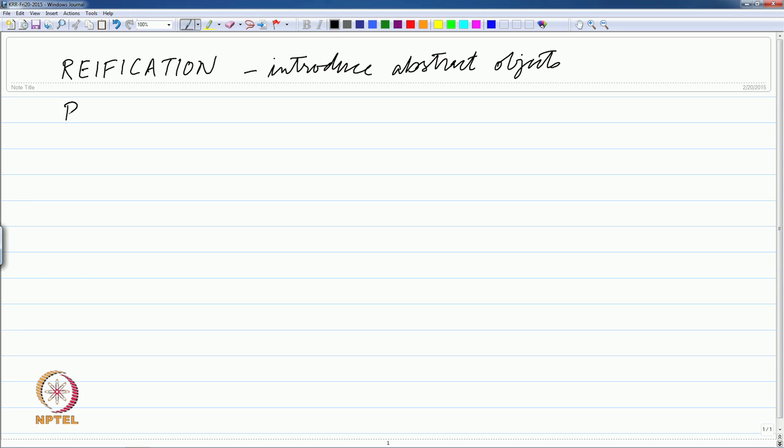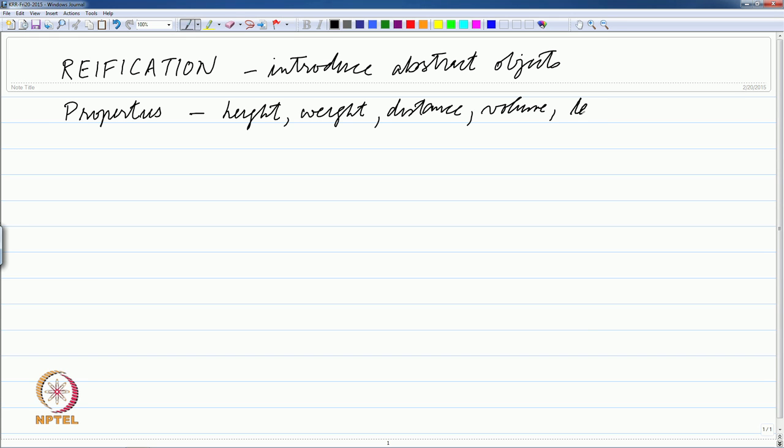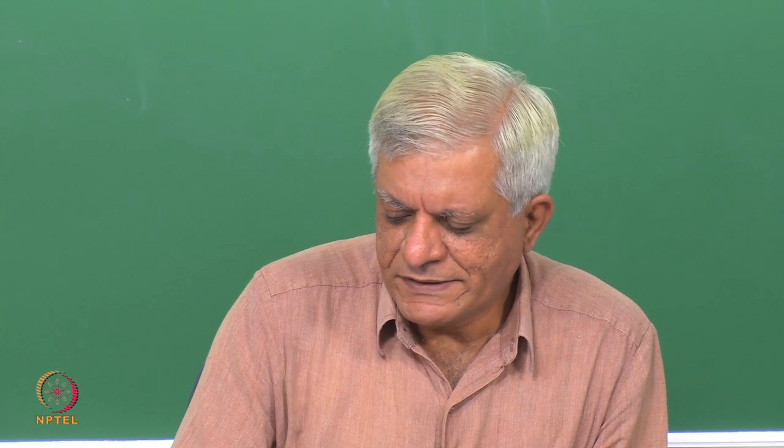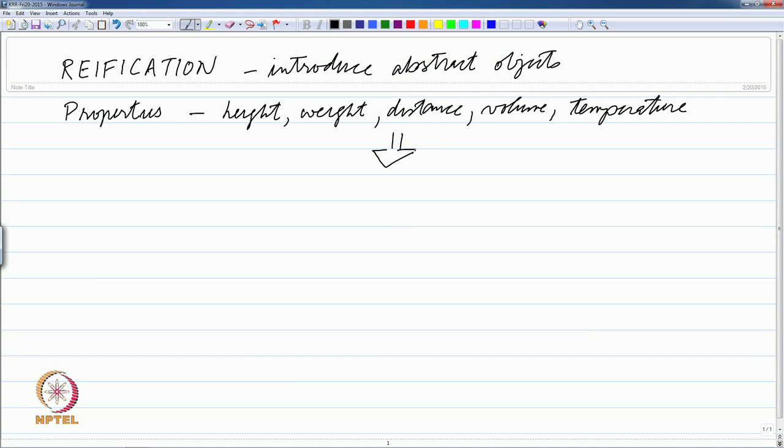So, in particular we were looking at properties, and properties like height, weight, distance, let us say volume, temperature. These are properties that we often associate with certain objects in the domain, and how do we represent these properties essentially. So, what we had said was that all these kind of properties are types,